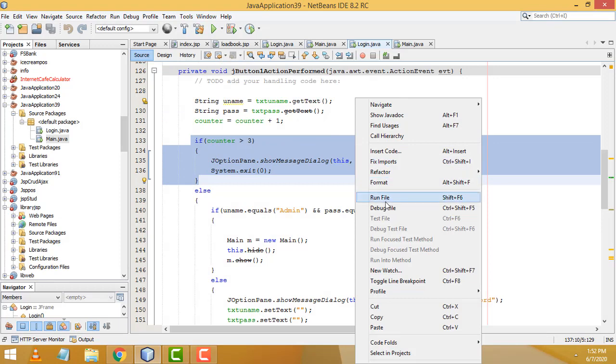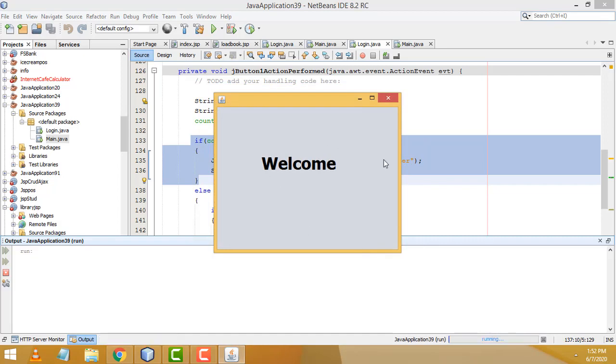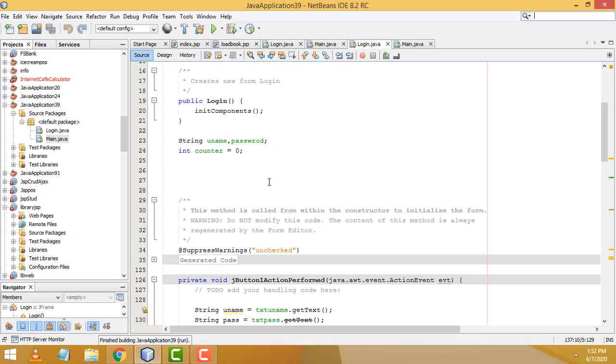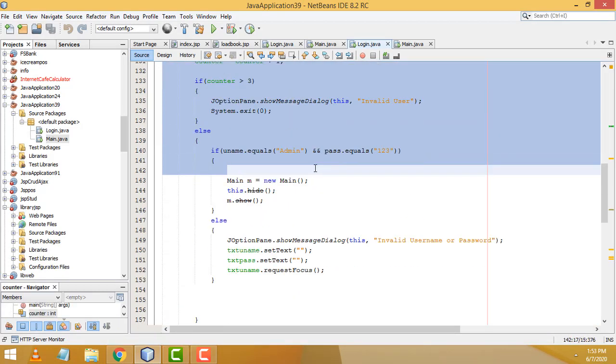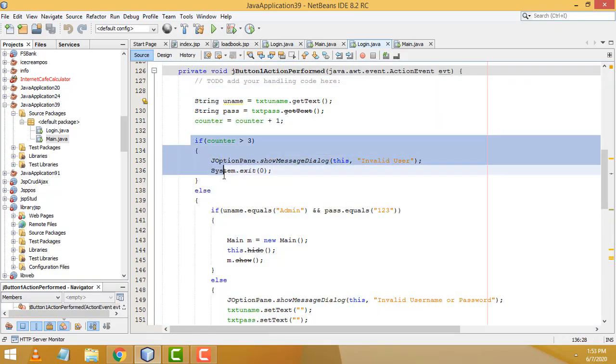Now let's check. If you type the correct username and password, click login, you will be able to log in to the system. It's very essential stuff. You must put this one, right? Counter, right? Counter is a must. Okay, if you are going to do big programming, the counter will help you do a lot of validation. You must try this counter.